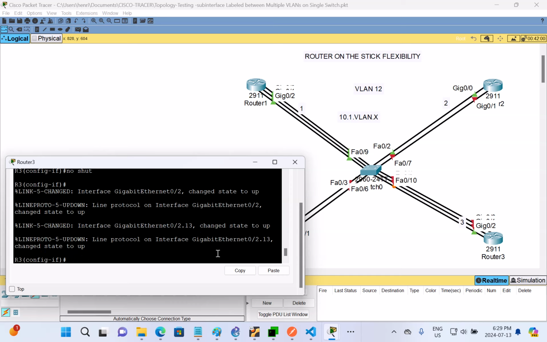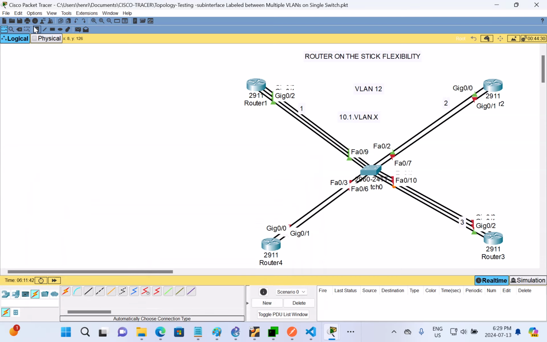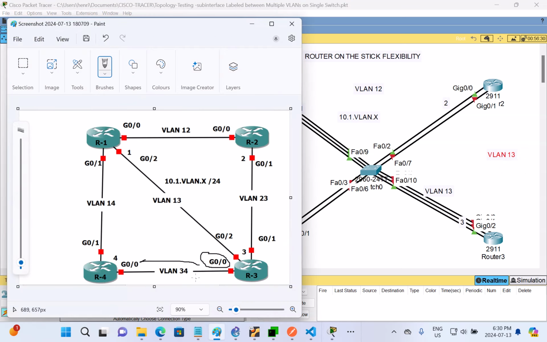And now we finish with the line in the middle. So this is VLAN 13. So we configured VLAN 23 also, it has been configured. Now let's work on VLAN number 34, which is here